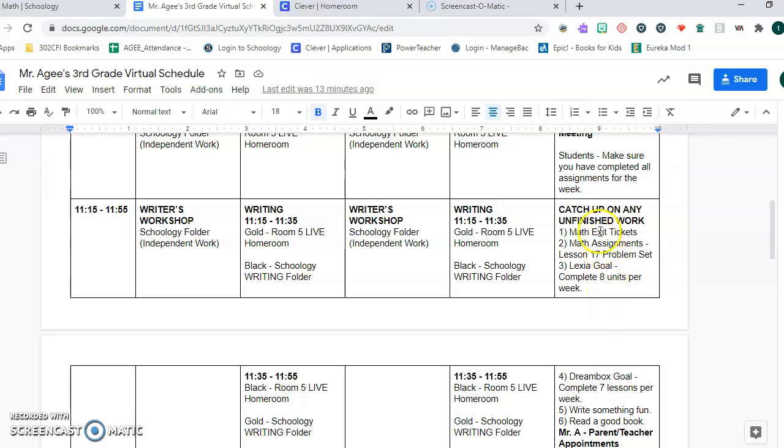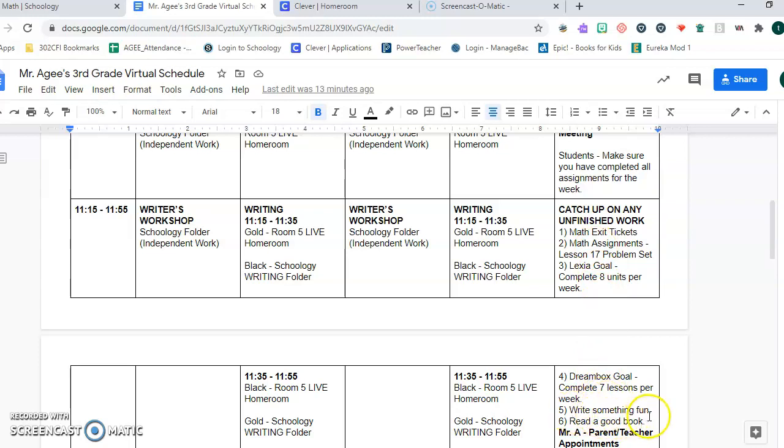So we've got our work cut out for us this morning. You've got your math exit tickets, your lesson 17 problem set. You've got 8 units to finish, or get up to 8 units in Lexia, get up to 7 lessons in Dreambox. And then after you finish those things, if you still have time, and you need something to do,